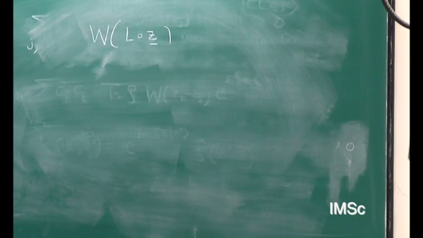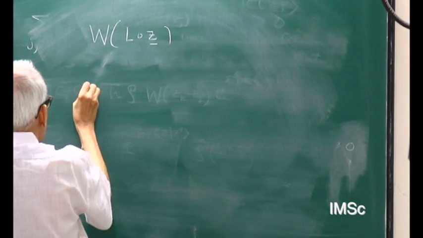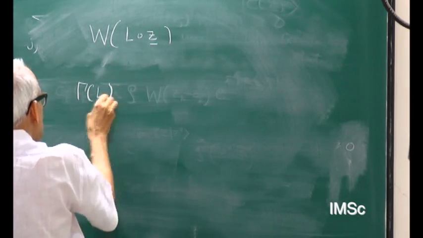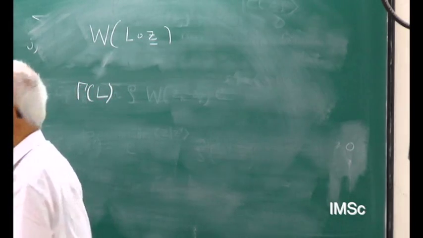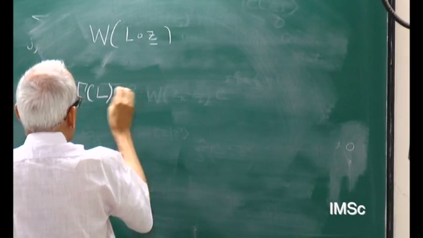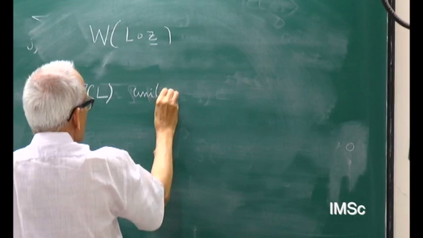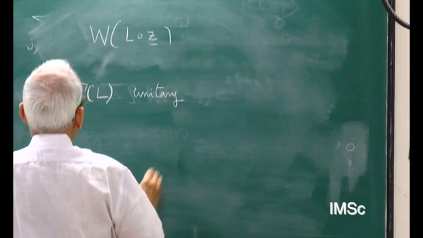But that is unique up to a unitary conjugation. So, whenever there is a symplectic L, that means there exists a unitary transformation gamma L such that